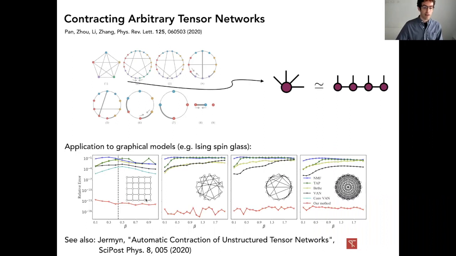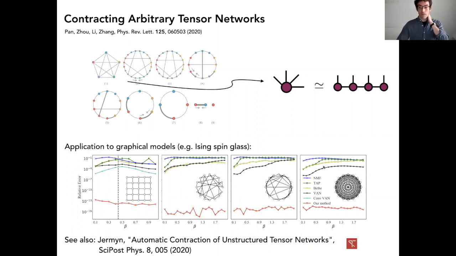So you can have some kind of regular network or these other types of networks. I think one of them might be one of these small world networks, if I'm not mistaken, and just these other various different kinds of graph structures, which would be very expensive to contract if you did them in some kind of naive way. And then there's various schemes to do this which don't involve tensor networks, like belief propagation. So TAP is a kind of sophisticated belief propagation type of algorithm.